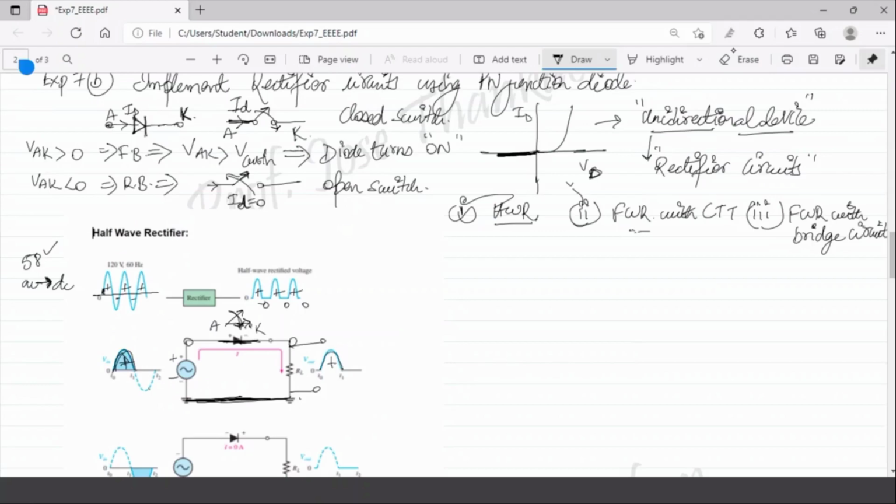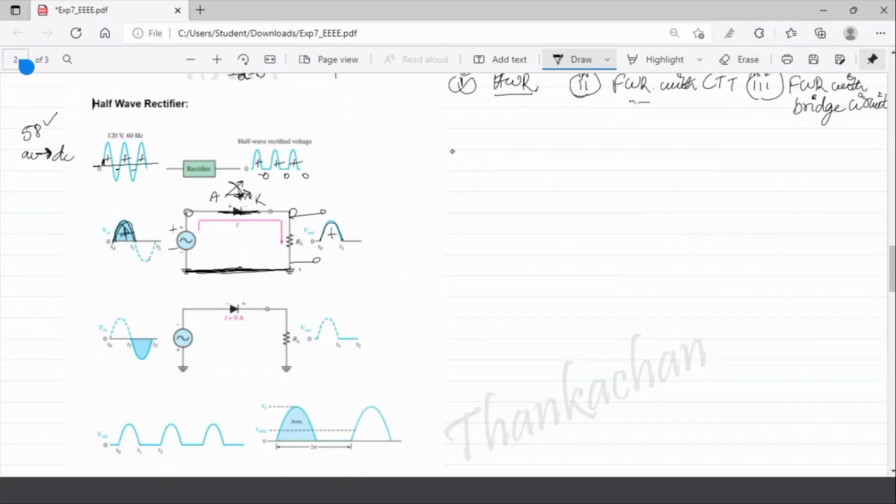Right? What happens in the negative half? Let us see. This is the negative half here, from T1 to T2. From 0 to T1 it was the positive half; T1 to T2 it is the negative half. Negative means here it is negative with respect to the ground, which is positive. Ground means these two are at ground, joined together. So minus and plus. Minus is connected to the anode, which will reverse bias the diode here.